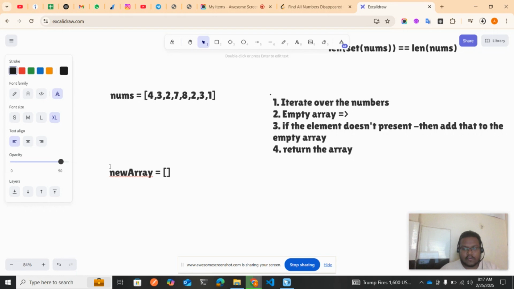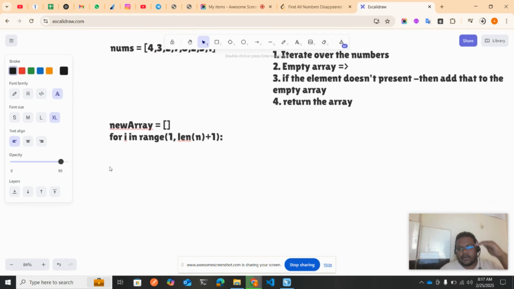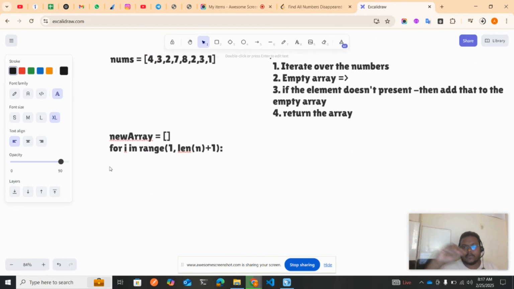And then you'll create a sequence starting from 1 to n, which means we'll start from 1 and iterate till the length of n plus 1, which is length of nums plus 1. For i in range of 1 comma len of n plus 1. So now it will be iterating from 1 to 8, getting all the values. Now what we need to do,